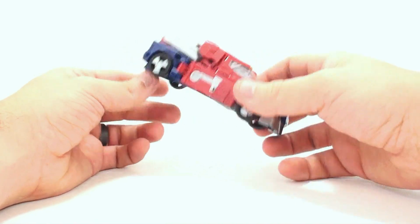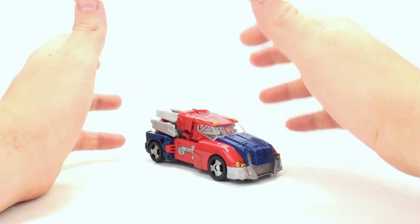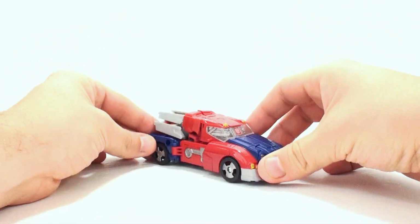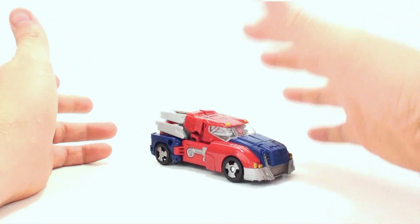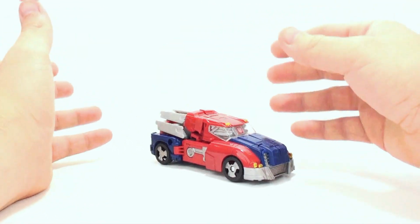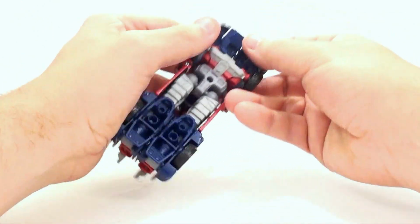Now, the transformation for it is really actually pretty simple, but does have a lot of similar elements as that Fall of Cybertron Optimus Prime Deluxe figure. As you're doing it, some of the stuff on here does seem very familiar. It's different, and it's obviously a completely different mold, but there's a lot of cues that are taken from that previous toy. So to transform him, just take this section here, lift this up, and then come around here on the bottom,